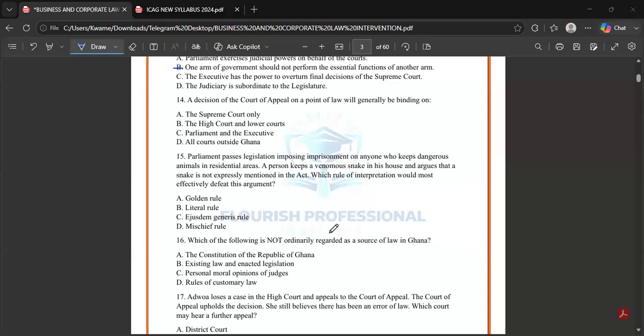All right, so if you look at the hierarchy of the courts, the Appeal Court comes over the High Court and the lower court, such that all the lower court and the High Court issues, as we earlier saw in the question, if you are not okay with it, you send it to the Court of Appeal. You appeal to them for them to relook at it. So the High Court and the lower courts are the ones who are bound by that. All right, let's move on very quickly.